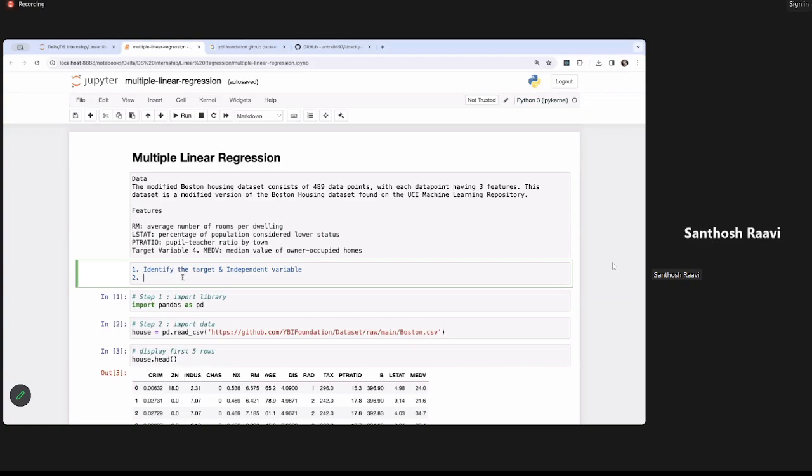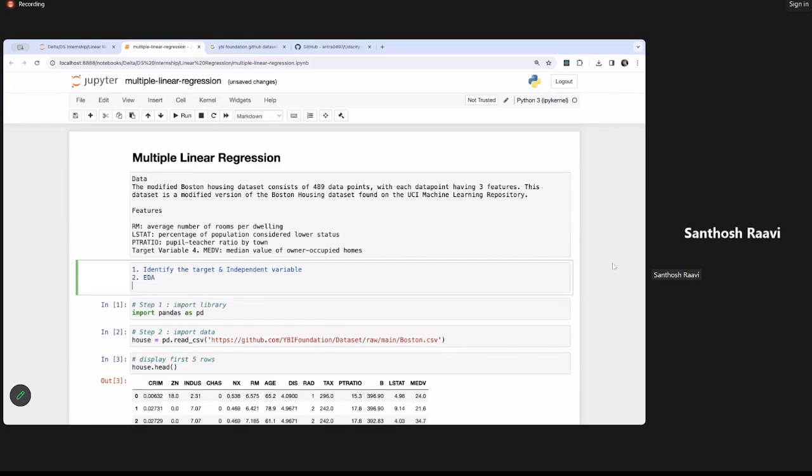That's the thing. Next, we need to check the distributions and everything, which is called EDA, exploratory data analysis. Whatever outliers you are checking, whatever null values you are getting, and whatever pre-processing you are doing, all these distributions you are finding out will come under the EDA. The third one we have discussed is the